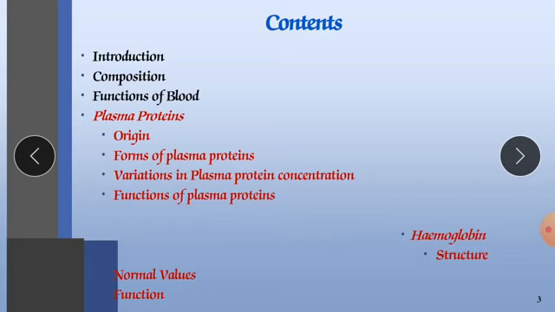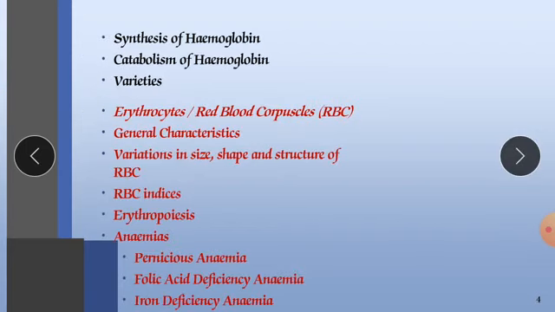In this whole content, we will discuss introduction, composition of blood, functions of blood, various functions which it has, plasma proteins, its origin, forms of plasma protein, variation in plasma protein concentration, functions of plasma proteins, hemoglobin, its structure, normal values and functions, synthesis of hemoglobin, catabolism of hemoglobin, varieties, erythrocytes or RBC, general characteristics, variation in size, shape and structures of RBC, RBC indices, erythropoiesis, anemias, pernicious anemia, folic acid deficiency anemia, iron deficiency anemia,